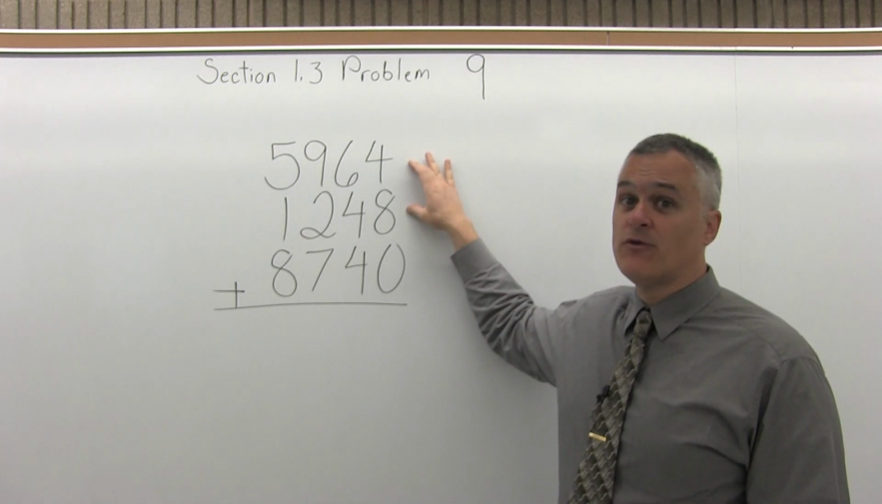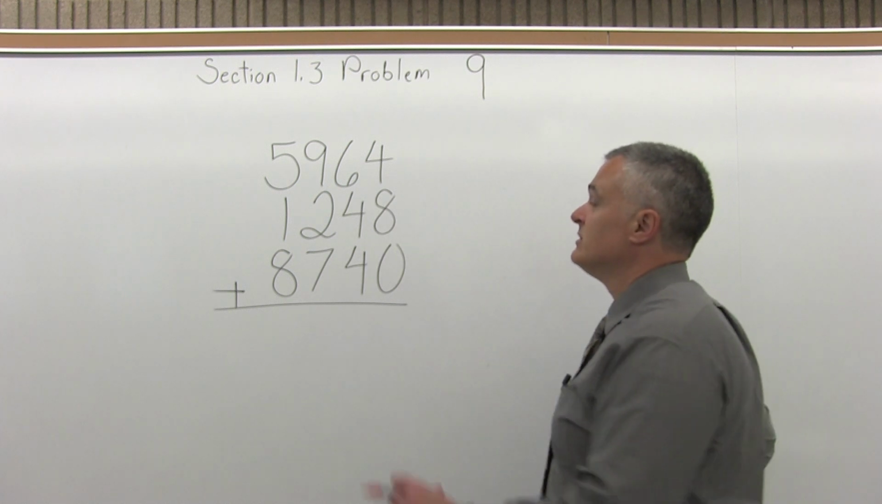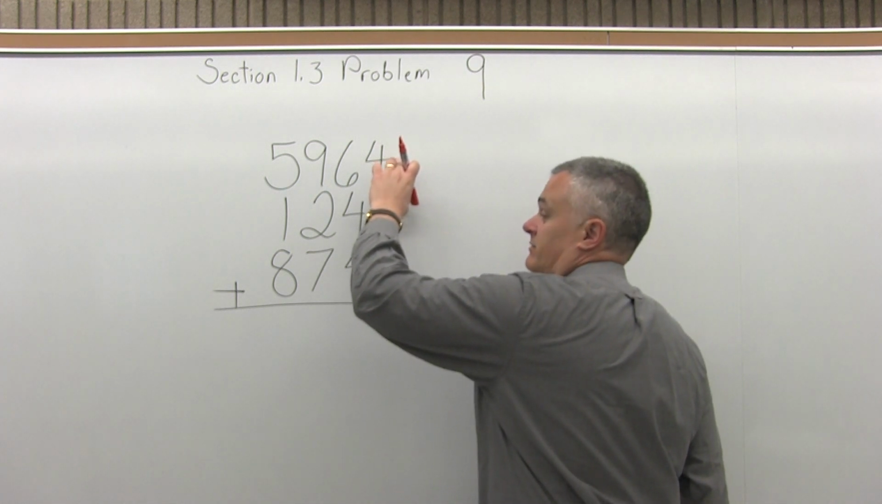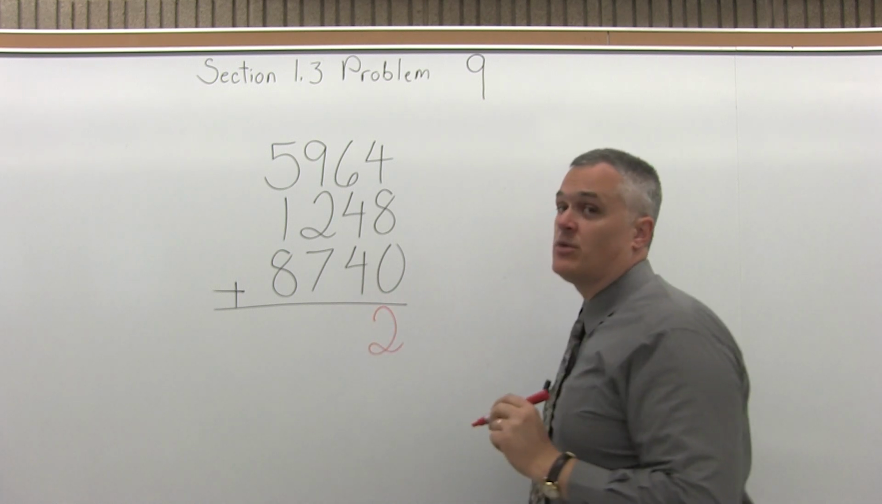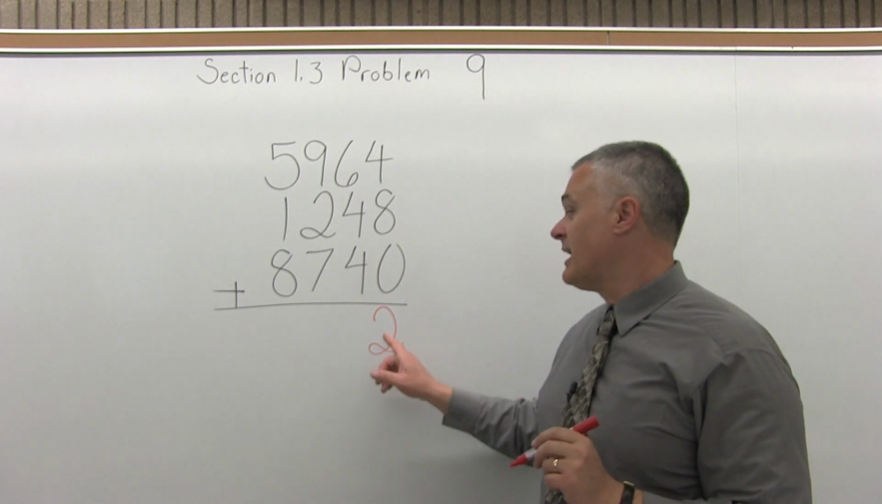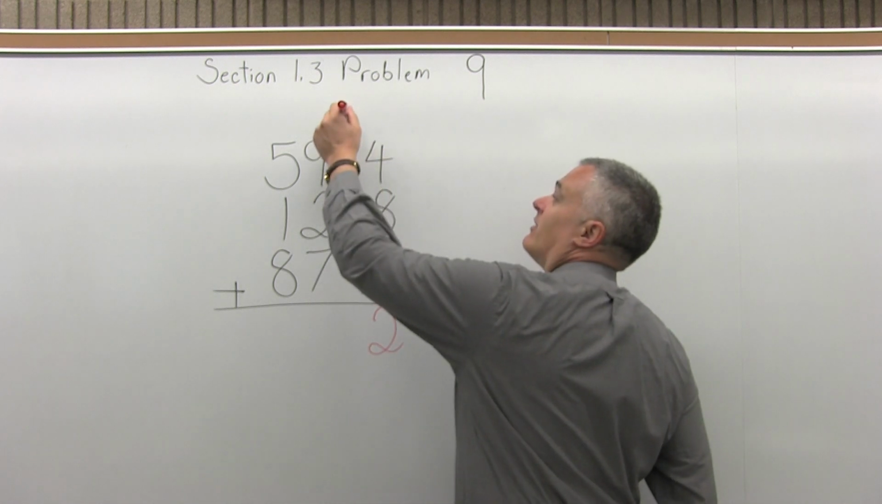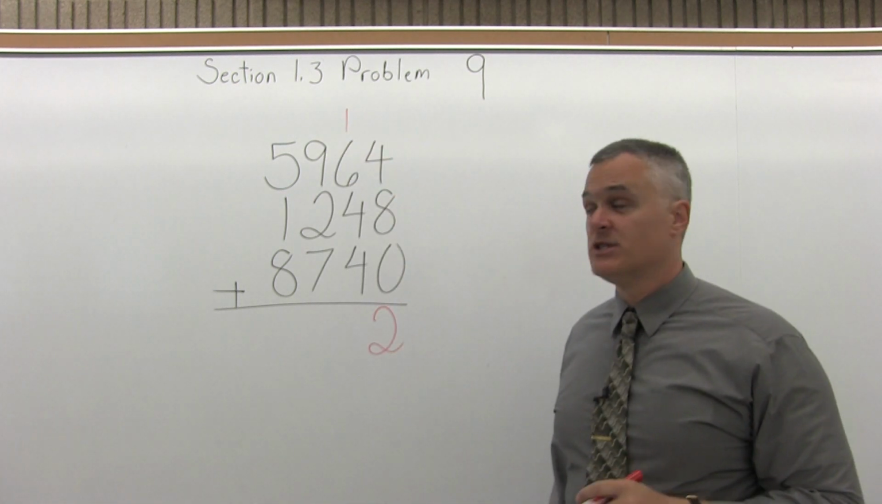So I start with 4 plus 8 plus 0. So 4 plus 8 is 12. 12 plus 0 is still 12. So for 12, I write the 2 from the 12 beneath that column of digits. I take the 1 from the 12, carry it to the top of the next column of digits, and then